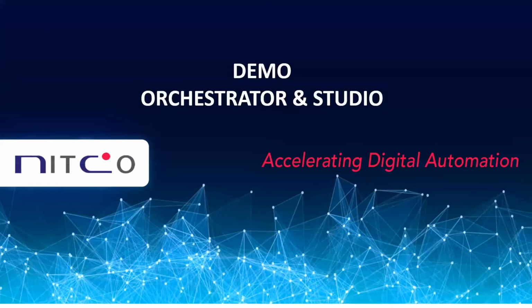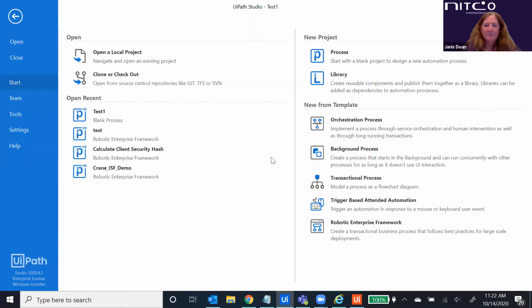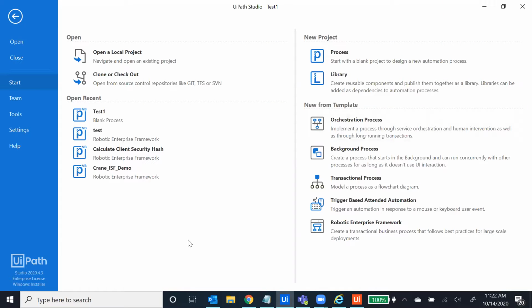Use case where we have to download top stock gainers from the Yahoo website. So I'm going to build a workflow where this robot will simply navigate to a Yahoo website and download a set of data from the top stock gainers and put it into the Excel sheet. I'll show you how easy it is to build a simple automation inside the UiPath Studio.